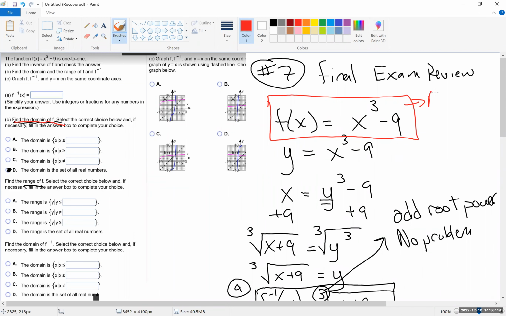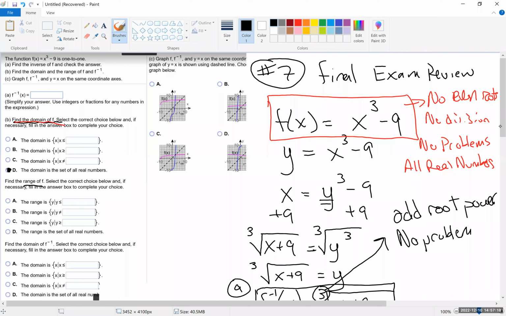But here, there's no root powers. There's no even root powers. And there's no division by x. So there's no problems. If there are no problems, your answer is all real numbers. So our domain and range on these are really boring because the domain is all real numbers. And the range